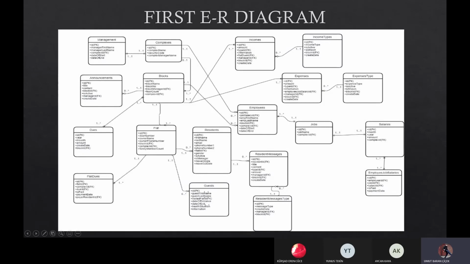Here is our first ER diagram. As an example, we understood that there is no need to keep both the block ID and complex ID in employee. Employee, where was employee? Yeah. Block ID and complex ID, there is no need, because we can understand from the block ID that it's registered on the site. Another important thing we changed is the manager ID to resident ID,